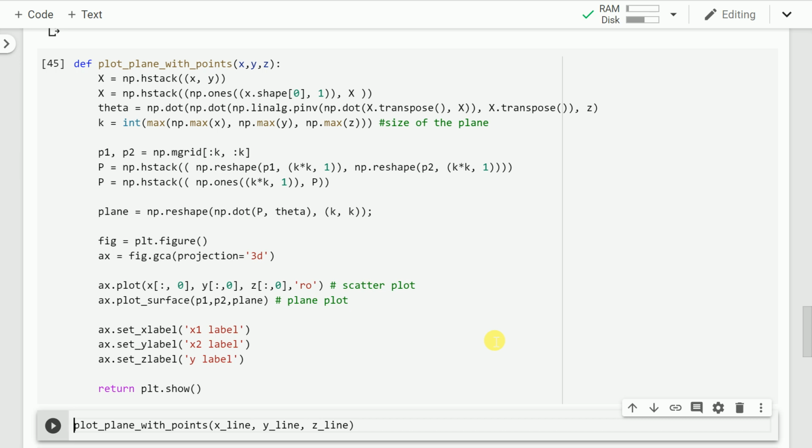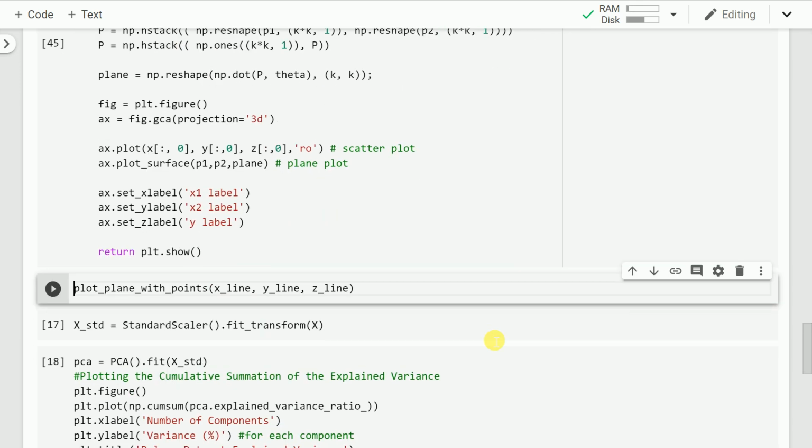It will create a plane that could fit all the data points that you've provided. The plane creation is similar to creating a linear regression line, wherein here the features would be a two-dimensional feature space, which would be x and y, and my target would be the z plane.